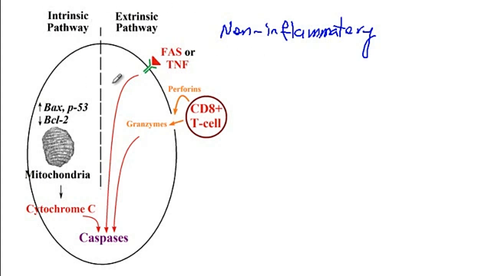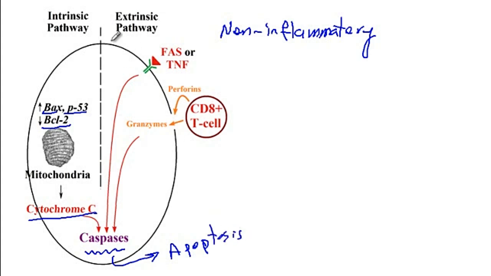Now, regarding the two pathways that lead to apoptosis, with the intrinsic pathway, when there is DNA damage or some sort of cellular injury, or for instance lack of growth hormones, it will cause inactivation of the anti-apoptotic BCL2 proteins or the activation of the apoptotic proteins BAX or P53, as a consequence of which they would cause the leakage of cytochrome C out of the mitochondria, and cytochrome C will lead to the activation of caspase, which will cause apoptosis.